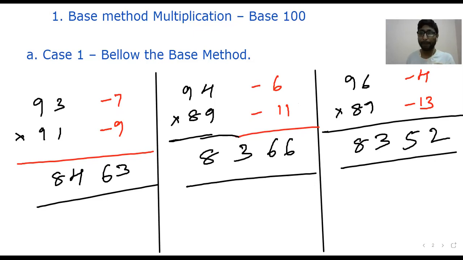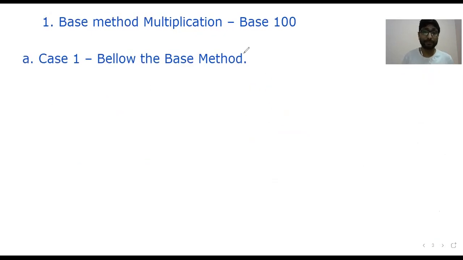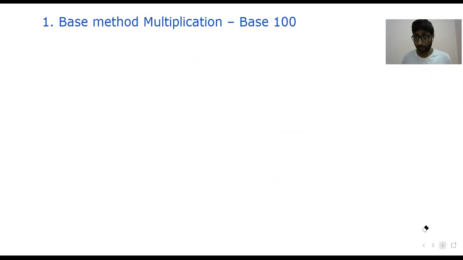If you know that one step answer, you'll get the answer directly, if you know basic subtraction and basic multiplication. 4 13s are 52. 96 minus 13 or 87 minus 4. So whichever is the easiest number, you can take it. I hope you got the clarity now of this below base method. Let's go for the model number 2, case 2.